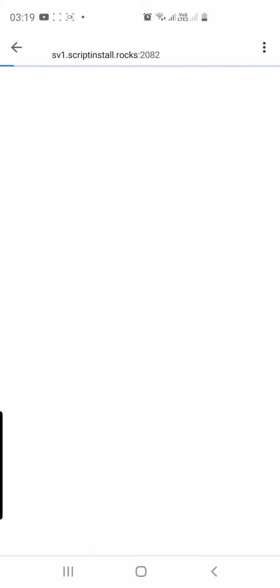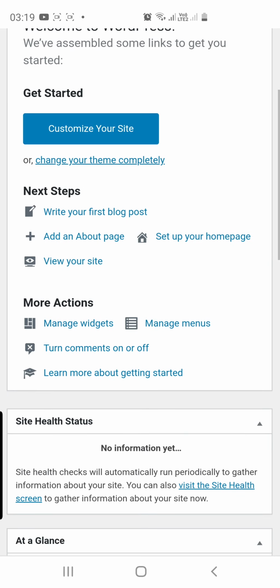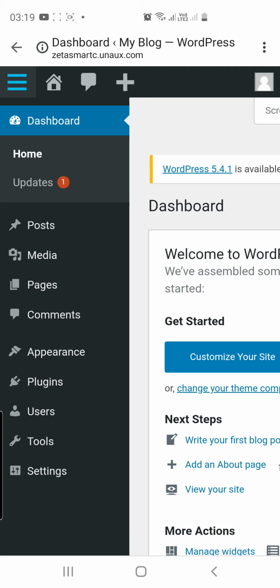So let's click on this. Let's go there. As I told you before, it will ask you for the login and password information. By default, your login is admin and your password is what we have selected. So let's go. Since we have put in the login and password information, it has automatically taken you there. You can use those options to create pages, posts, media and plugins. I will create another short video exclusively about how to use those options to host your website. But as of now, I think this will pretty much cover part 2.